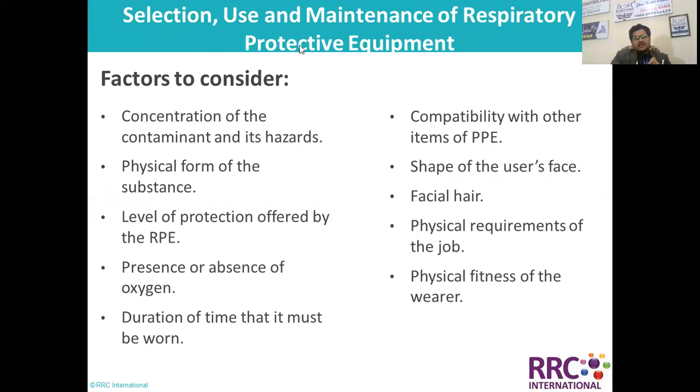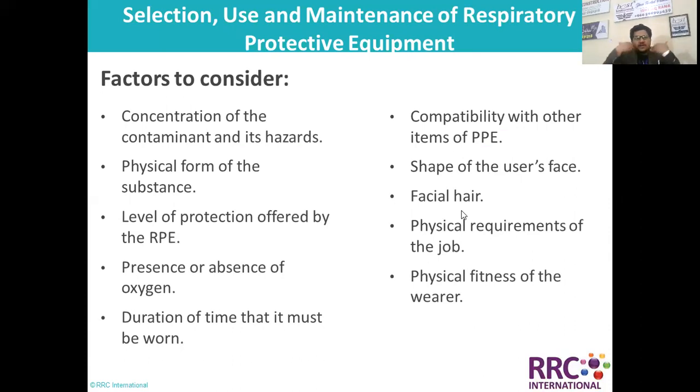Now, when you are selecting or using or even maintaining respiratory protective equipment, what factors do you have to consider? The first factor is the concentration of the contaminant and its hazard. The second factor is the physical form of substance and level of protection offered by respiratory protective equipment. Of course, there is another factor, the presence or absence of oxygen. Duration of time that must be worn and compatibility with other items of PPE, because the shape of the user